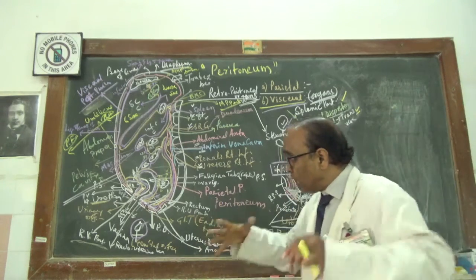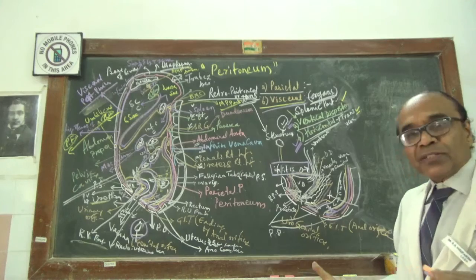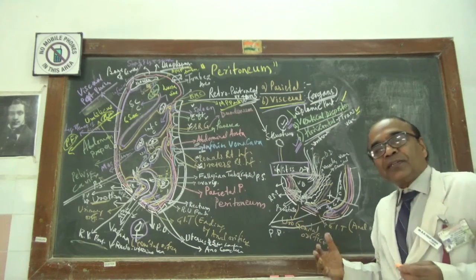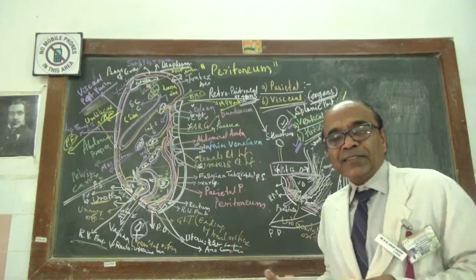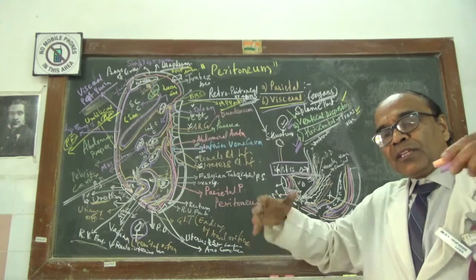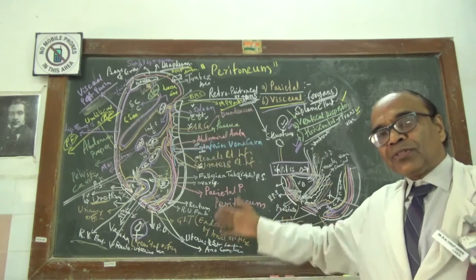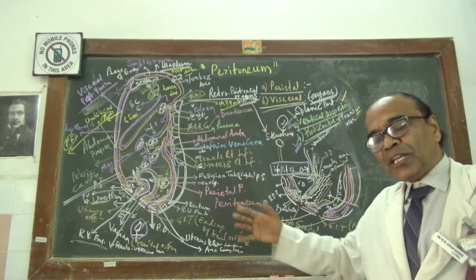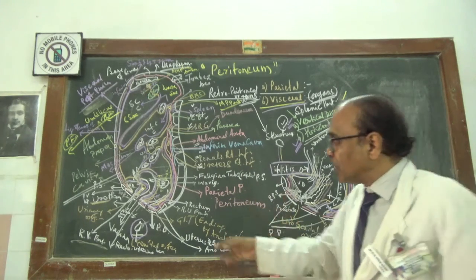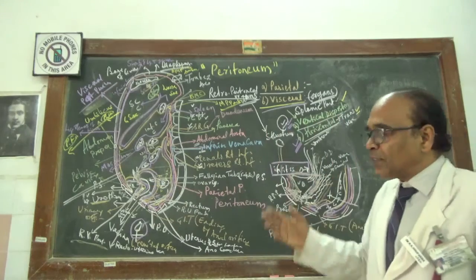Then on either side of the uterus, that will be the 19th. When it runs on the lateral aspect of the cervix part of the uterus, it runs laterally and attaches to the lateral wall of the true pelvic cavity, where it forms the